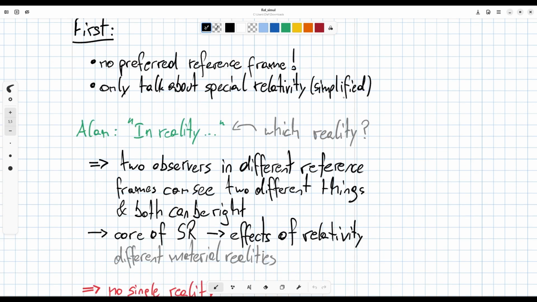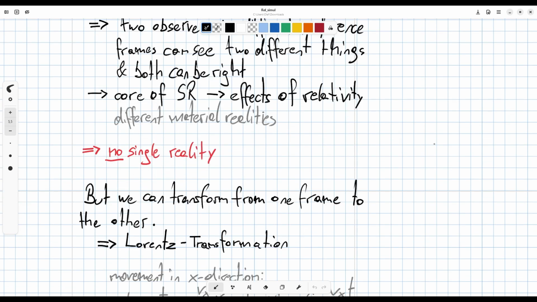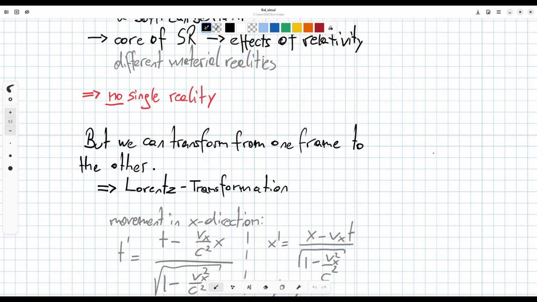So when Alan says in reality, which reality? I talked about this in the video. Two observers in different reference frames can see two different things and both can be right. This is the thing about simultaneity, relativity of simultaneity. And this is at the very core of special relativity, the effects of relativity. And there is no single reality. Now that we have done that,